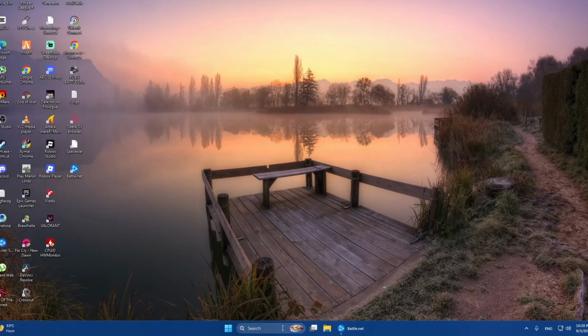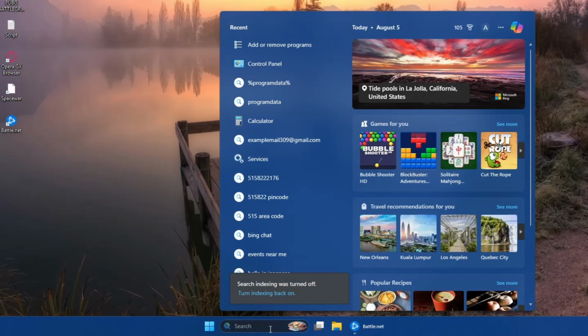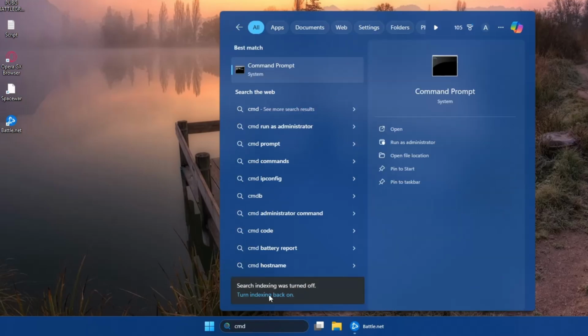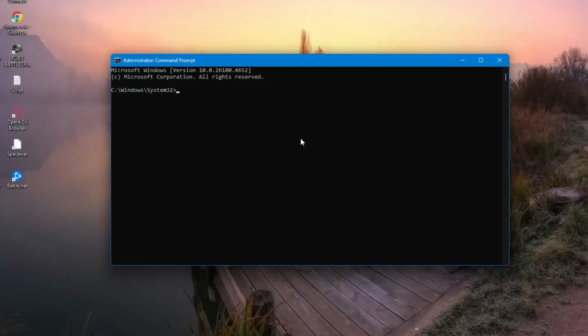First, open the Start menu on your Windows computer. Type CMD into the search bar. When you see Command Prompt, right-click on it and select Run as Administrator. A black window will open. Now, type this command,